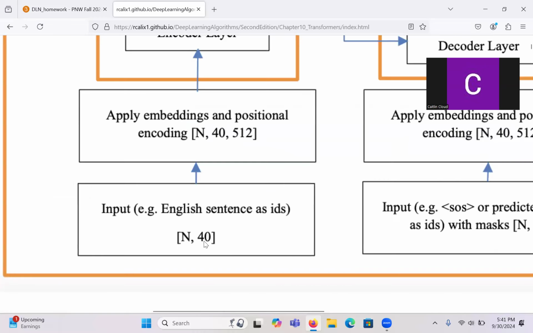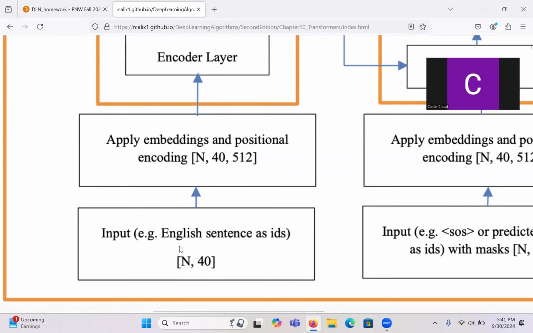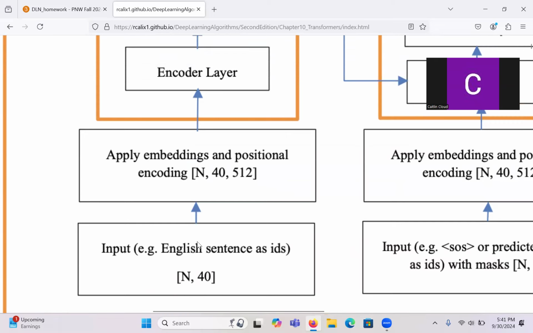So this is really important: when we read through the code and try to understand how GPTs and transformers work, we always think in tensors. So now to your question of something goes in, something goes out: this vector that goes in as n by 40 will become n by 40 by 512. So it goes from a 2D to a 3D, right? Instead of a square to a cube, if you will. What is n? It's still the batch size. What is 40? It's the sequence.